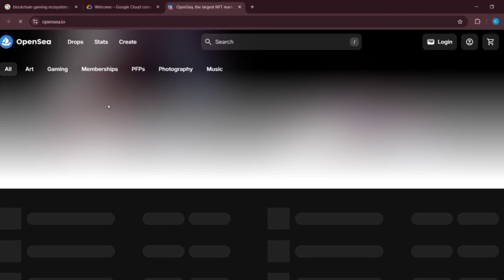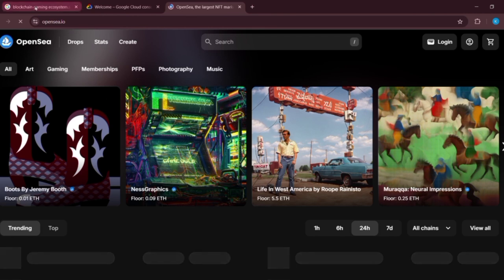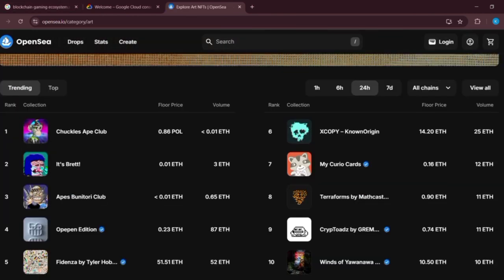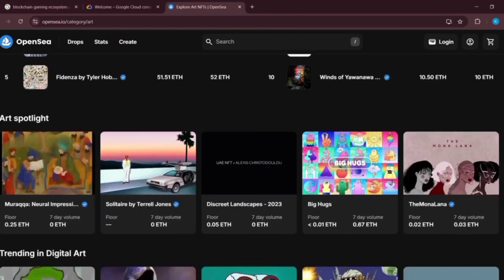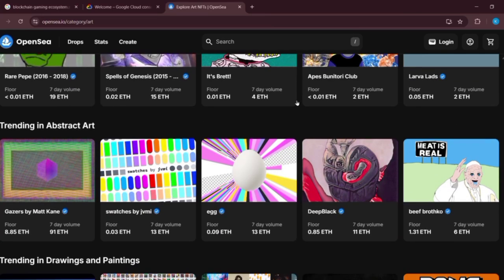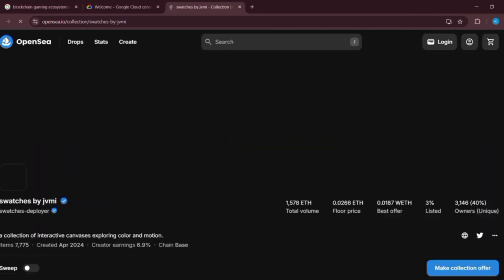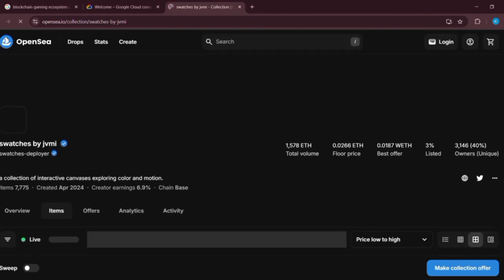Okay, now for example, I click on the art option present above. I get various varieties related to my search, and let me tell you how this OpenSea works. Users can interact directly with each other to buy or sell NFTs individually or in bundles. OpenSea is a non-custodial platform, which means users have full control and access to their cryptocurrency wallets.